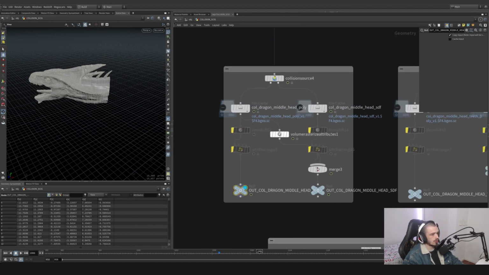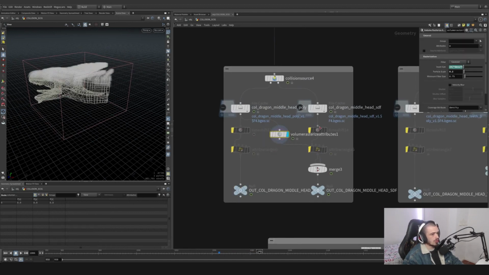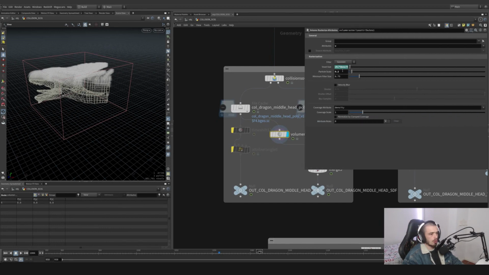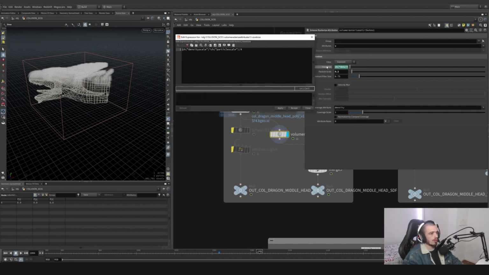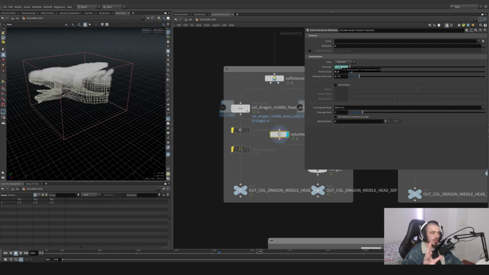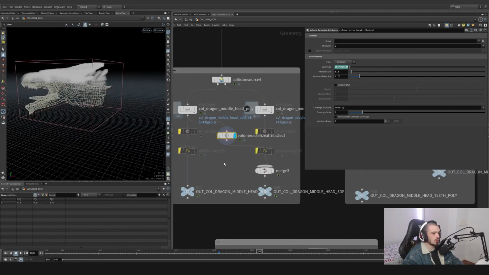This is way faster. I'm also doing this, which is a rasterization of the velocity. As in all my shots, I'm basically multiplying the voxel size by the coverage scale, as you can see here, divided by 4. This will create a nice relationship between each other. And I'm creating a velocity field, so we can merge it with